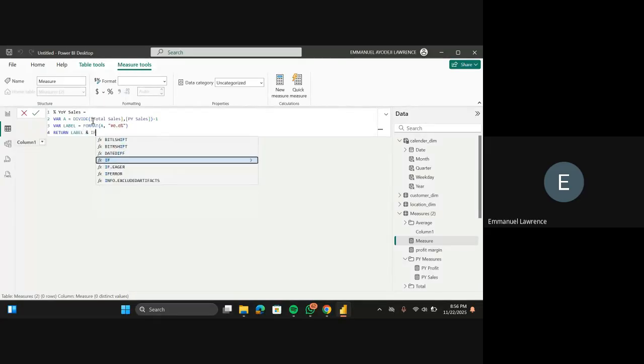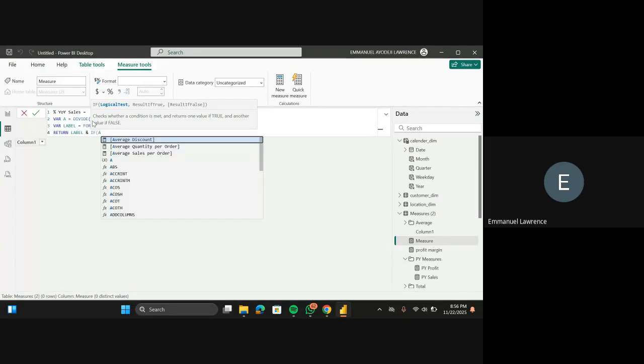And if my variable A is greater than 0, this might look confusing to some of us, but we just have to know our year-over-year growth. So I just want to format this way and try to include a little icon. Maybe once it is above 0, it's going to show me a particular emoji or icon. And once it is below 0, it's going to show me another, so I can just track my year-over-year sales. So that's why it's looking like this.